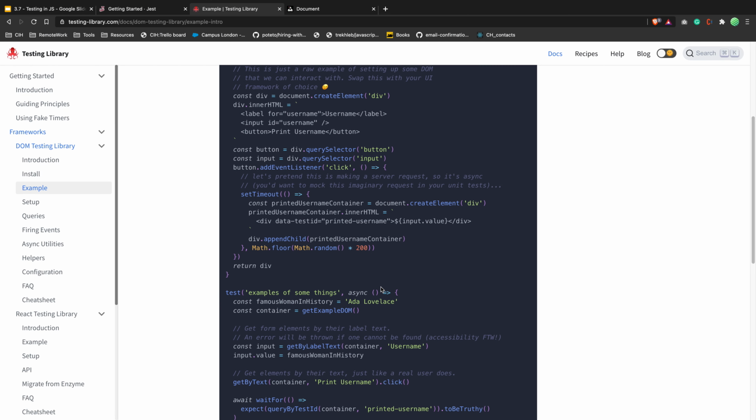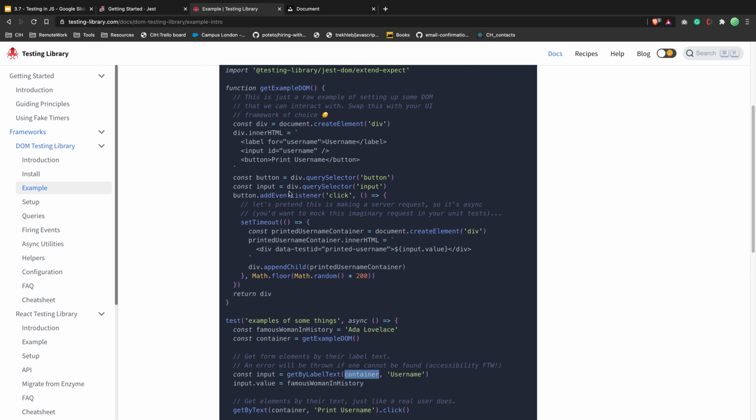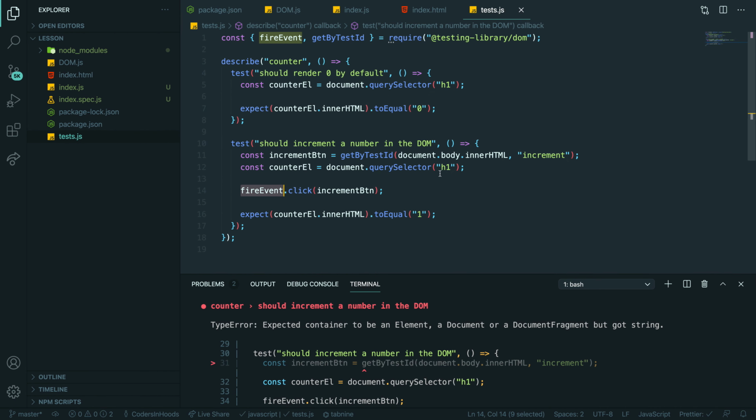What the heck? Give me a second. That will return a div. Oh, the node module. The node, sorry. Create div. Yeah, I'm just thinking. Can we actually create by test ID?